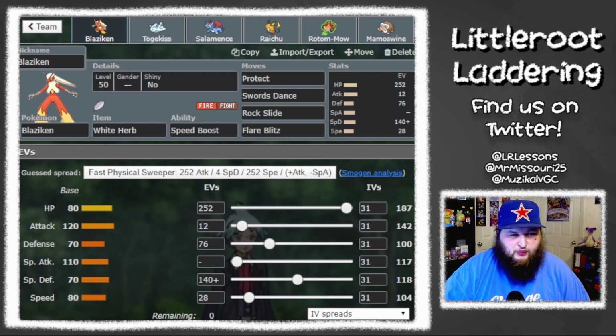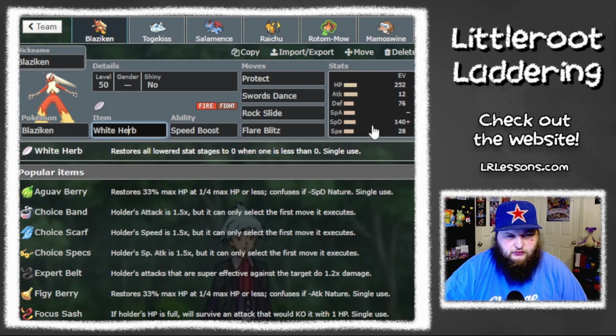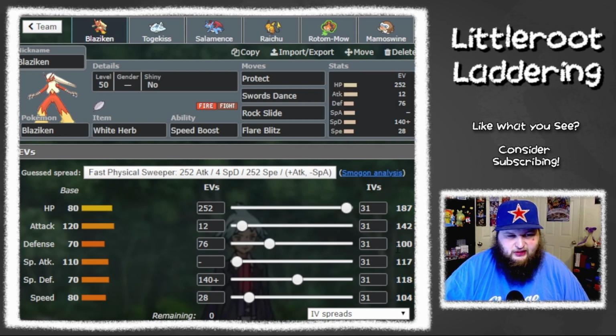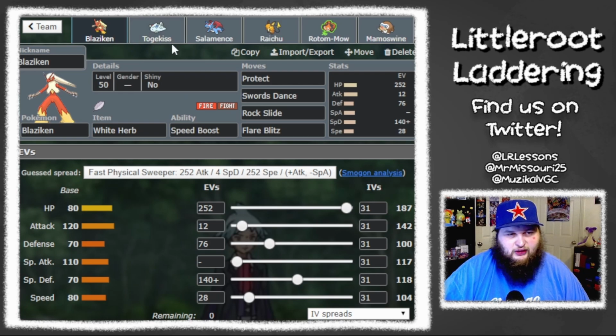So, we have White Herb Blaziken here, just to prevent the first Intimidate. I could see changing this to a Bulky Berry, just because we are Sword Stance and Speed Boost, we don't need to invest into those a lot. So as a result, we just get to be pretty bulky in all actuality. Like, 187 HP is pretty decent. Obviously 100 defense, 118 special defense are not the best, but you can live some hits with this set. Again, I have done zero calcs. This is just something I threw together this morning, so take everything with a grain of salt that I'm about to say. But